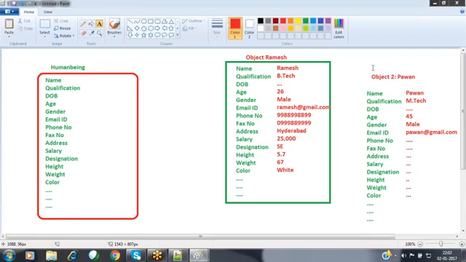Whenever we create an object, we can access each and every class property, and we can assign some value for those properties. Whenever you assign some value, memory is required, so memory will be allocated for the object, not for the classes. For one class we have multiple objects, and for each object a separate set of memory will be allocated. Why? Because each object will be holding different values. Even though they reference the same class, every object holds a separate set of memory to store its values.